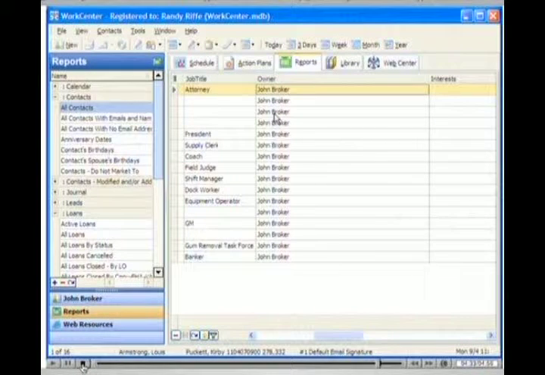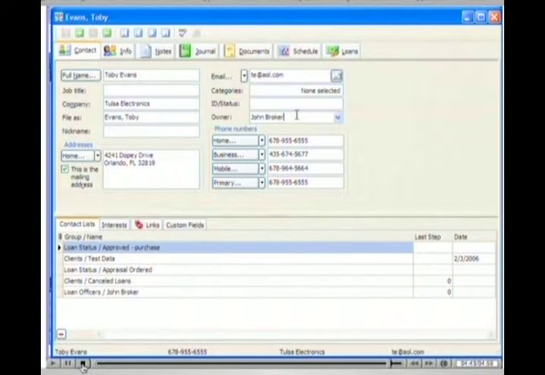You can use this global change process for any need you have in updating your database. If you wish, you can delete the Contact List Manager lists you have created or leave them in your database for future use. For more information, please view the other Flash videos, read the Workcenter Quick Start Reference Guide,